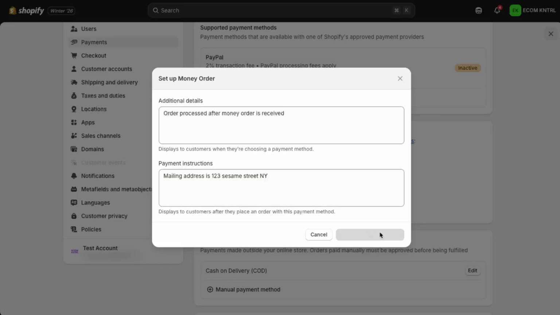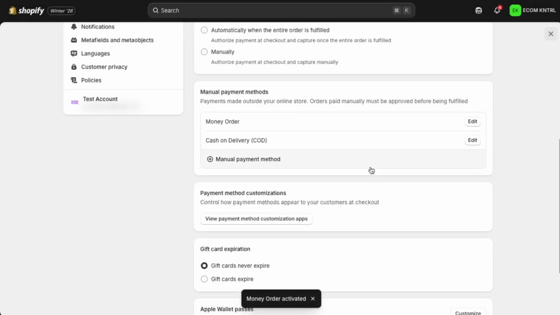Once you're happy with the details and instructions, scroll down and click on Activate. This will turn on the manual payment method and make it available as an option at checkout for your customers. That's it. You've successfully added a